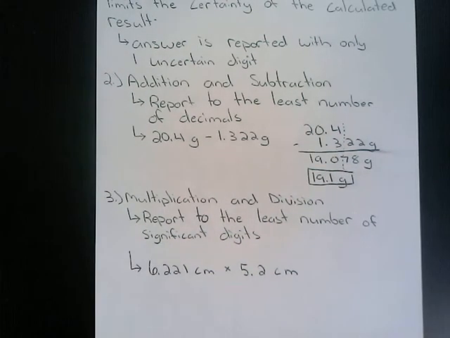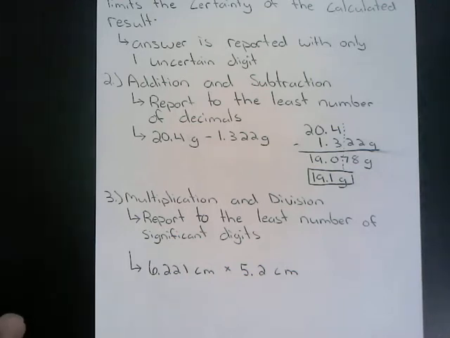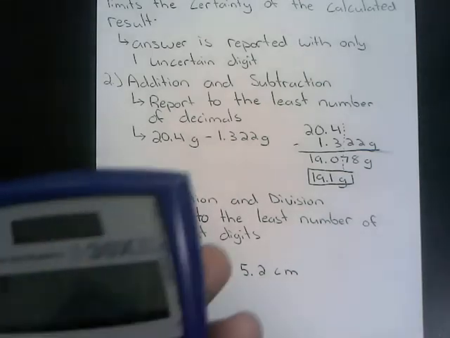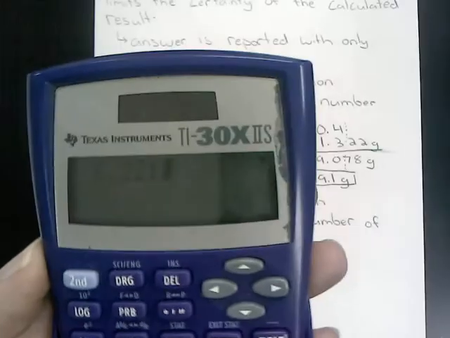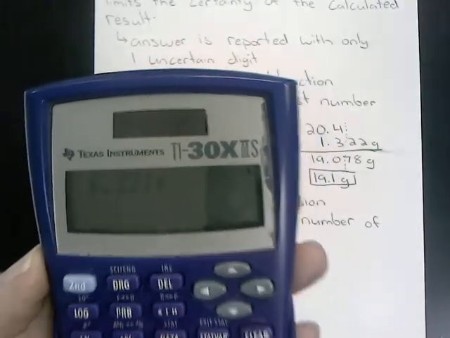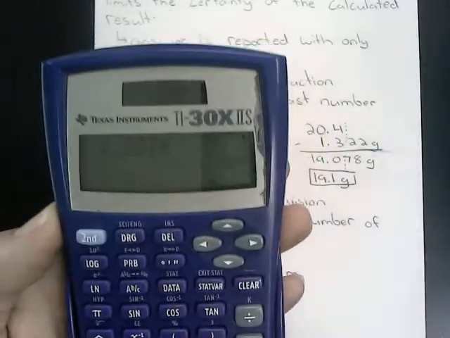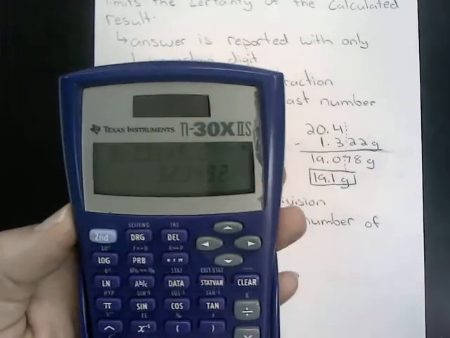Now, I'm again just going to plug these numbers into my calculator and put the entire answer, and then we'll talk about some rounding. So we have 6.221 times 5.2, and we get an answer of